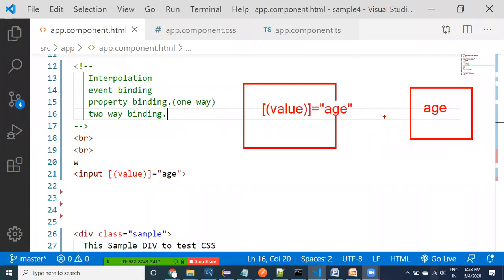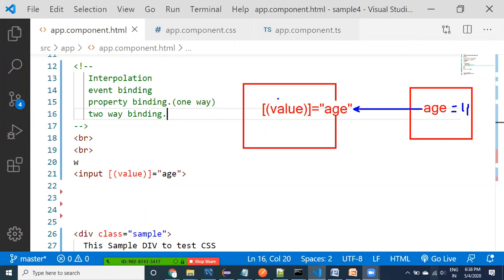So what happens now? Initially data comes from the property to the HTML, whatever data is available. Maybe here you have some value like 11.